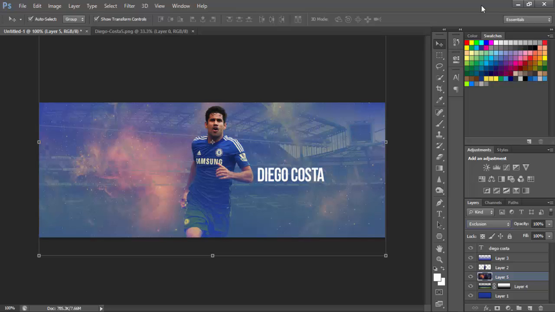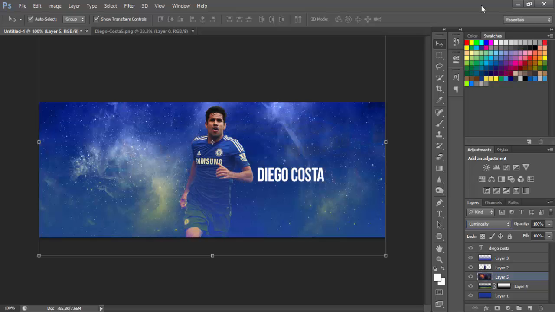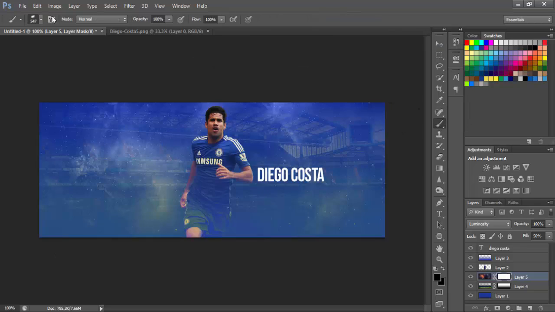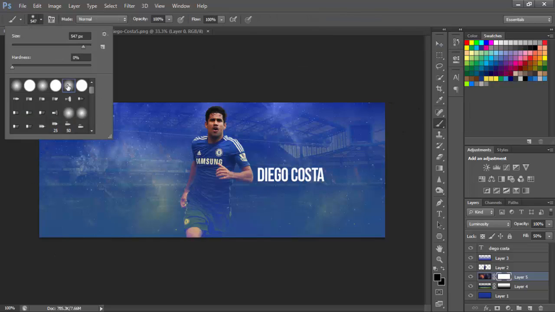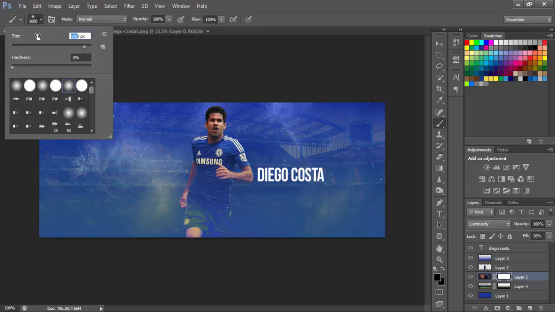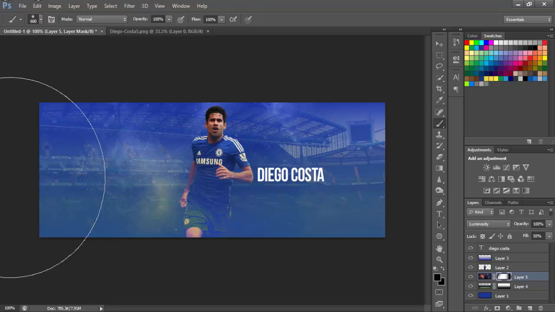So that one, the exclusion, once again looks good. That one looks alright. But then with luminosity, you can decrease the fill. And once again, as I said, layer mask, and then you want to get a brush. I used a circular one with 0% hardness. I make it about 1,000. Oh no, that's a bit big. Let's try 600. Yeah, so you just click around, go on the outside,